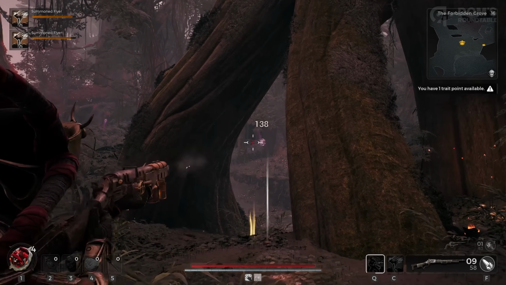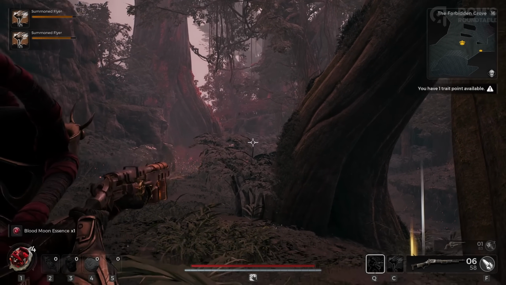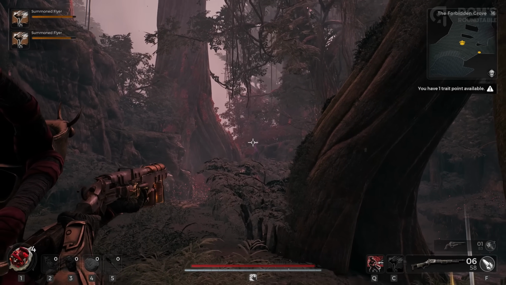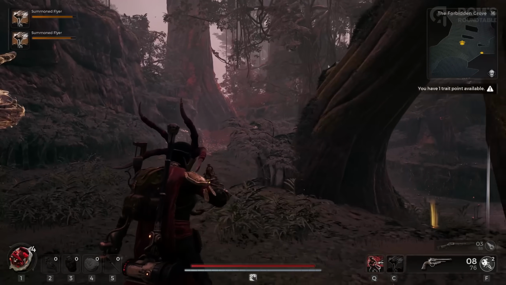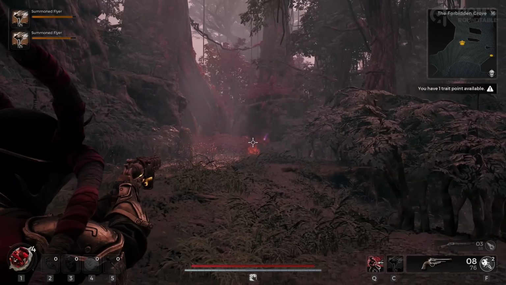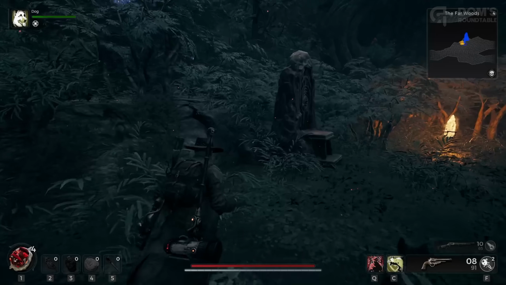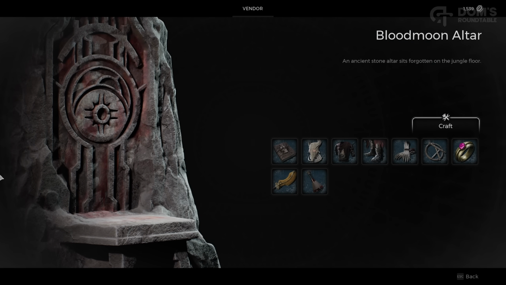So just wander around until you find the orbs, and then don't leave the area until you've found them all. There's usually somewhere between 9 to 12. There'll be 3 or 4 groups of 3 clusters of Blood Moon essence floating around. Once you've grabbed them all, rinse and repeat until you have bought everything from the altar that you want to buy. Once you've done this and you've got 10 trait points, you can finally equip the Summoner archetype,